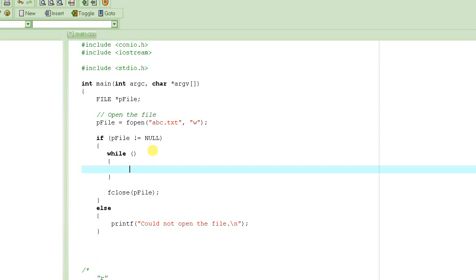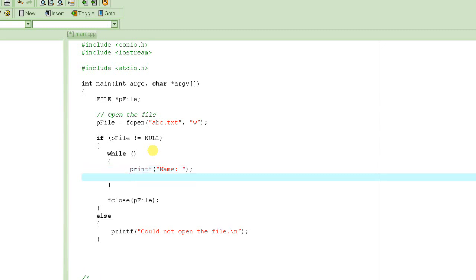Okay, but what we have to do in the body of the while loop, in other words, what we have to continue to do every time we iterate through this loop, what is the thing that we have to do repeatedly? It's basically to input the student name and the test score of the student. So how do we do that? Simply we print out a message on the screen saying name, okay, and then we ask the user to enter